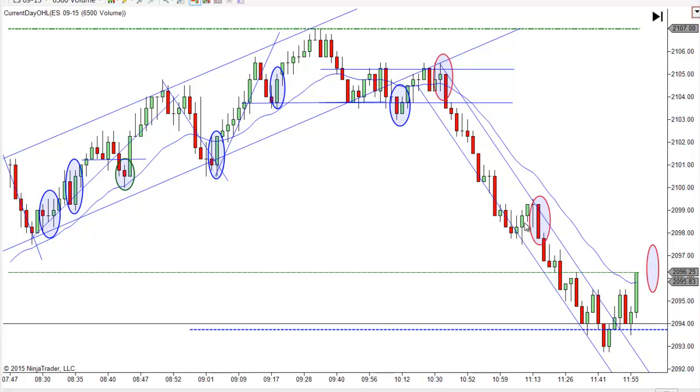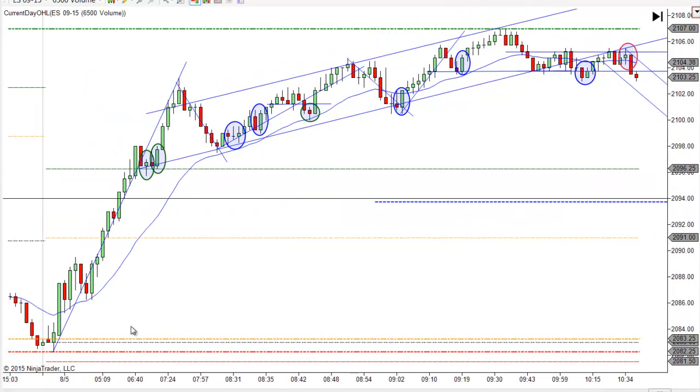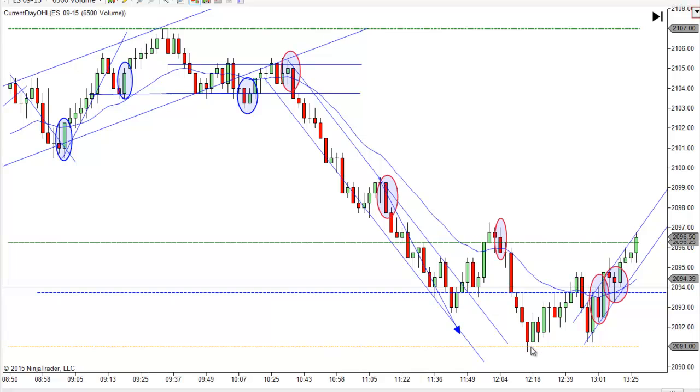And then it comes back, and you make another new low, and you get this big bearish bar right off the trend line. Again, you got to go short almost at the low of the day here, but it's not really the low of the day. It's just the low at the moment. But you're still a little dangerous, but it's not like going short at the low of the day over here. This is a trade you got to take, especially when it's this bearish, and you're looking for something like this for your next target. And you can see where we've bottomed out just a tick or two further than that,